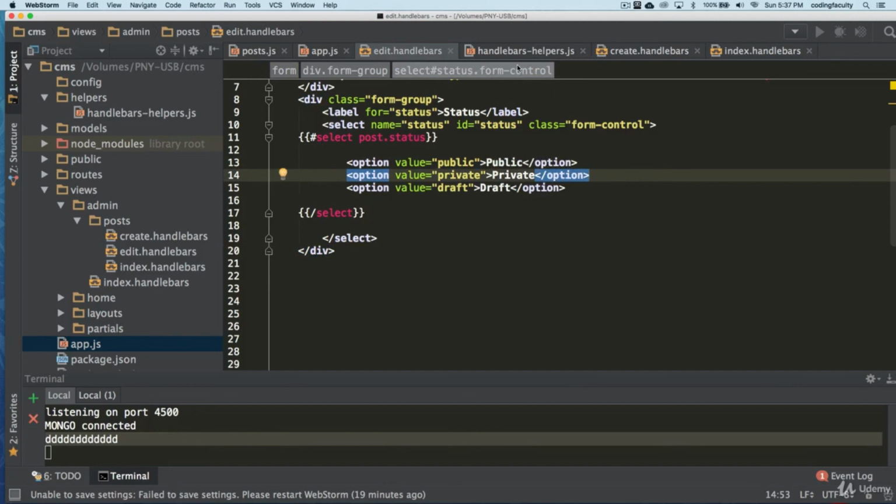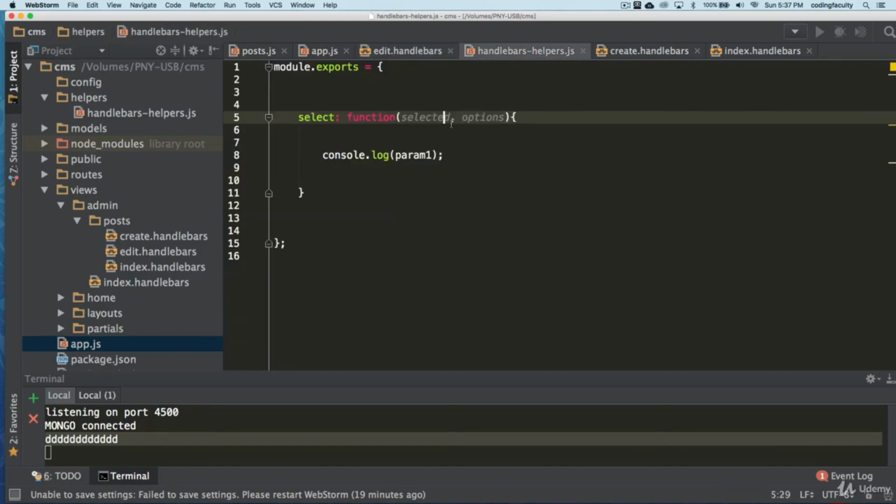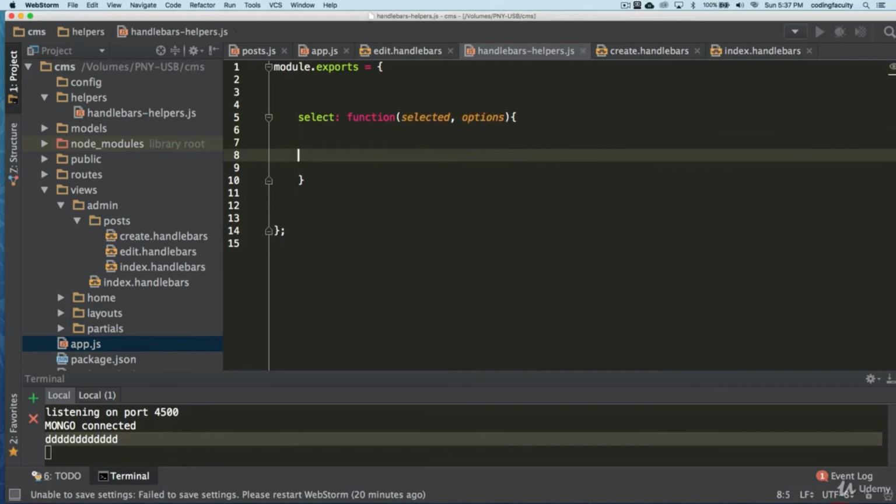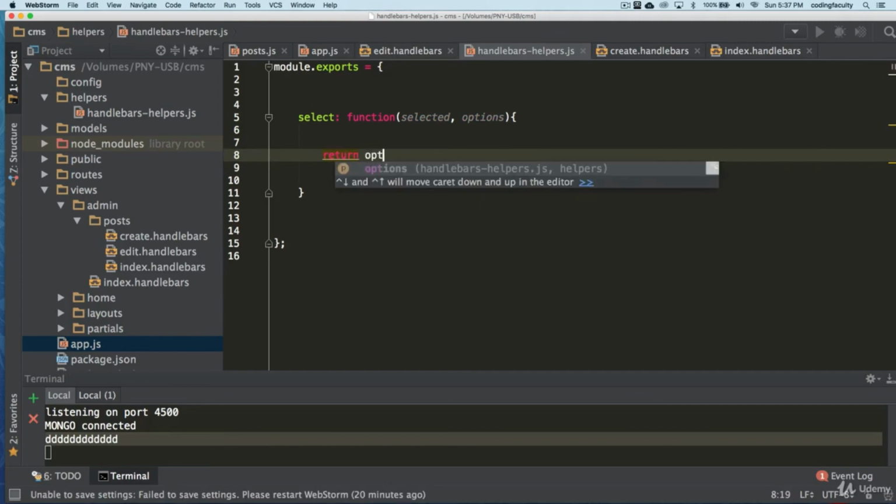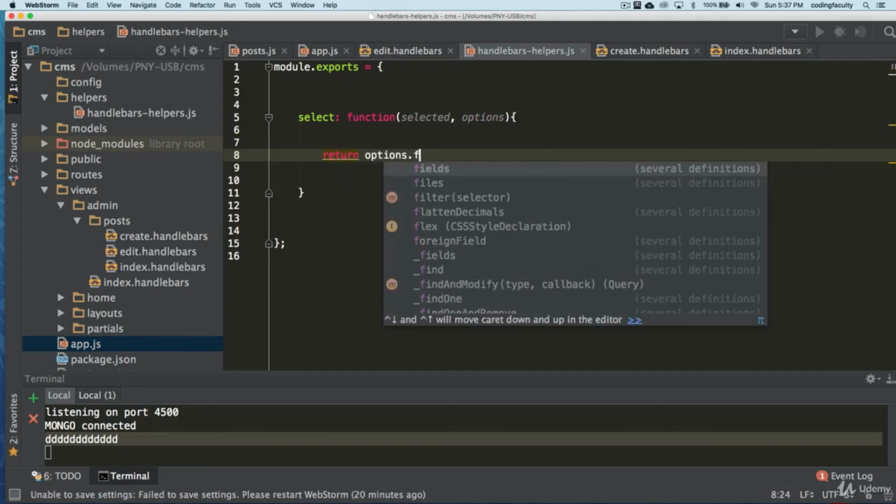If you put selected there, you're always going to have that field selected, but we want to dynamically put that selected. So here we got that post status. And now we need to return some data. That's how we work with these functions. We return data. All right, so return, and we're going to grab options.fn.